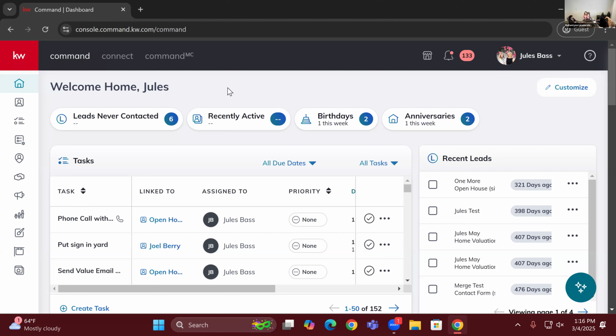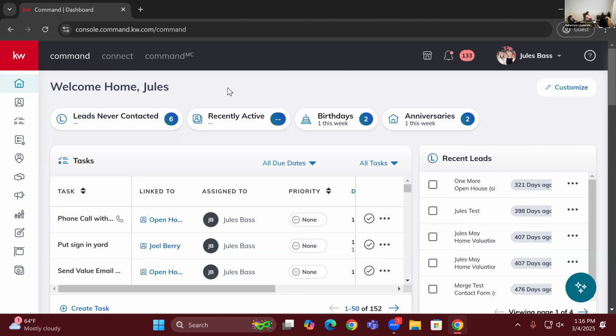I do like that idea of lead. Typically, how we see lead used in your Command database, because there is an option to mark them as a lead, is that agents mark them as a lead if they have not had a meaningful conversation about real estate yet. So you have not asked them, are you looking to buy or sell within X time frame? If you've not had that meaningful conversation about real estate yet, they would be a lead in your account.